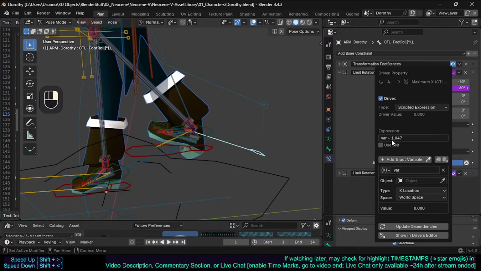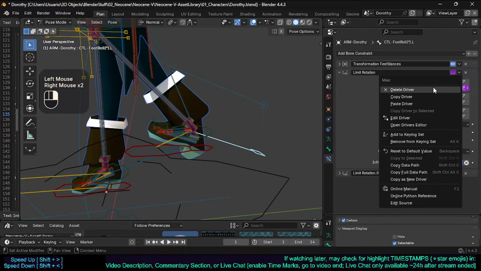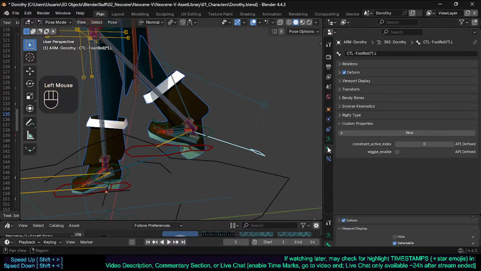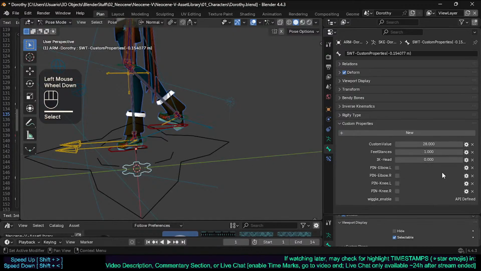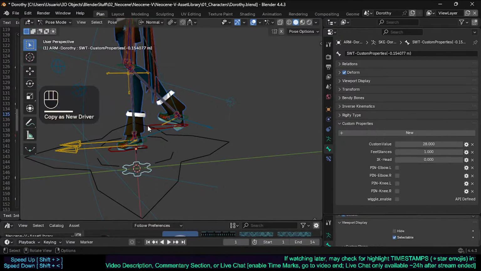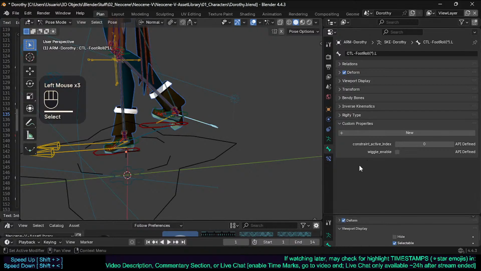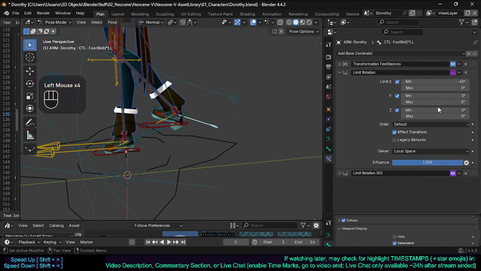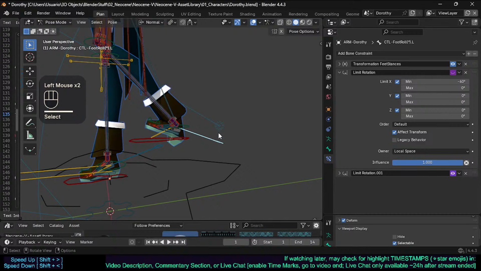Now this driver is not good. It's like already giving some sort of, yeah. So now let's not do it this way. Let's copy as new driver. This will not work, I think, but this at least will give me a clue. Wait, was this? Yeah, this was incorrect. It was